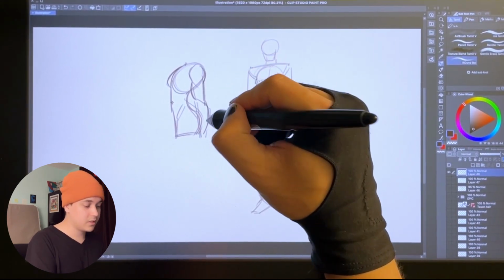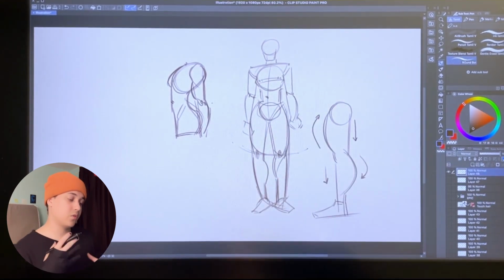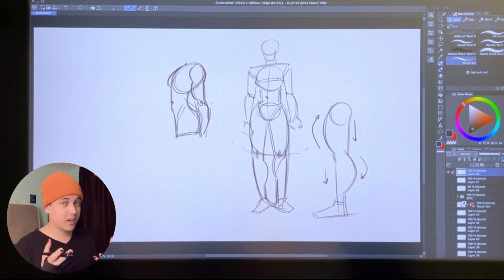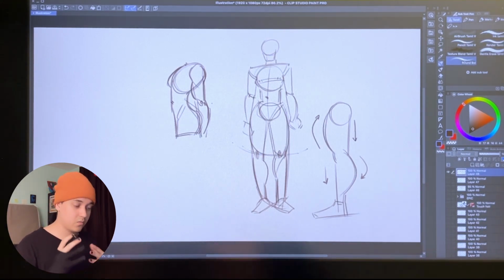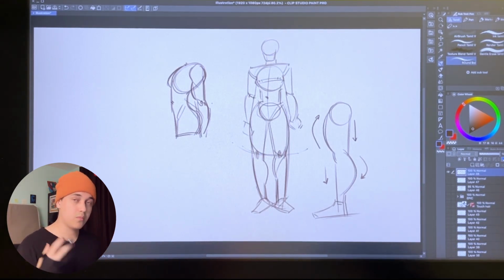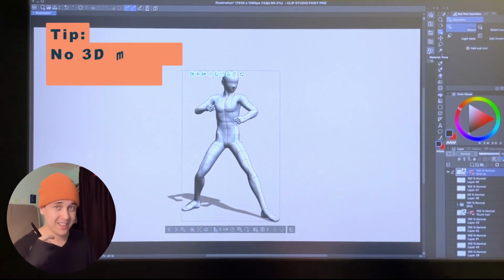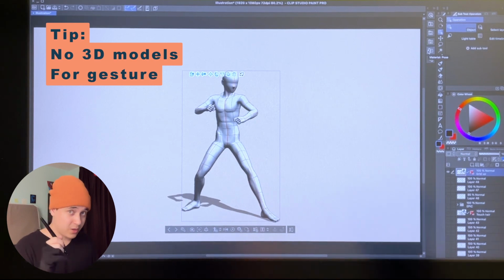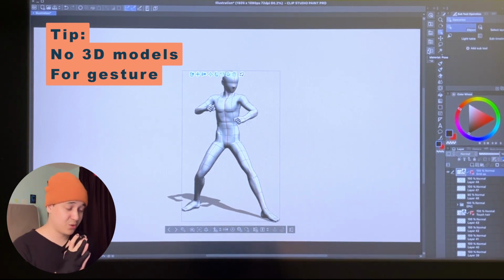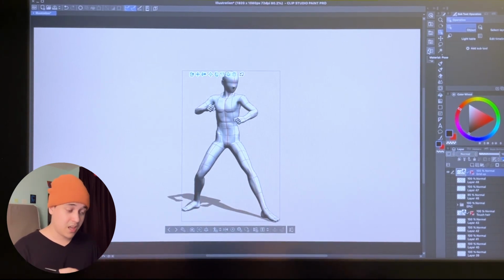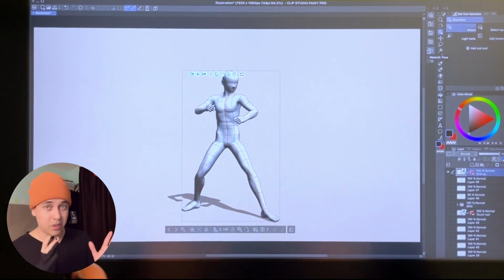And this is really simplification, especially if you're drawing figure studies that are like 30 seconds, 2 minutes, 3 minutes. You don't really want to get too hung up on little details. And you should know what I'm going to say next. Don't use 3D models. I beg you, please don't use them for studying. They're good when you already know stuff, and one of the main reasons is because